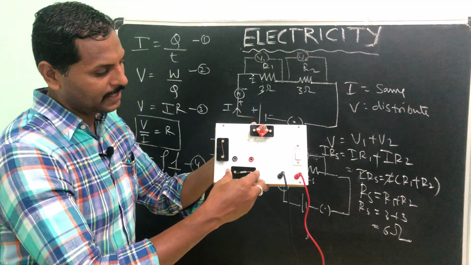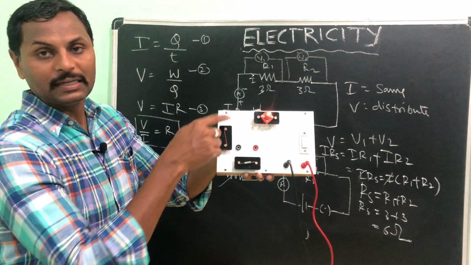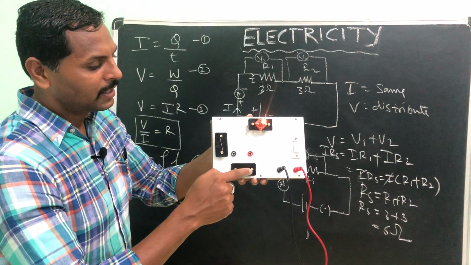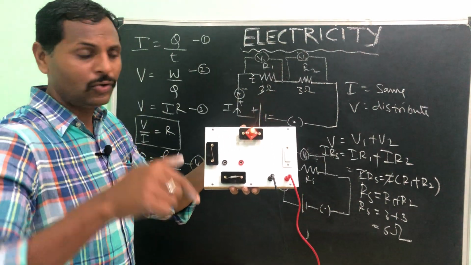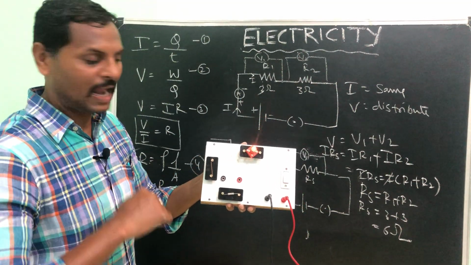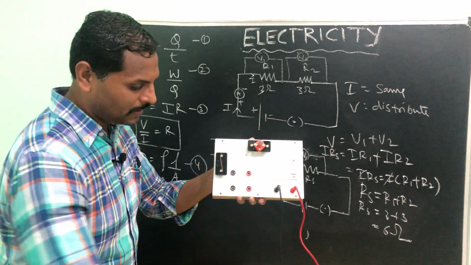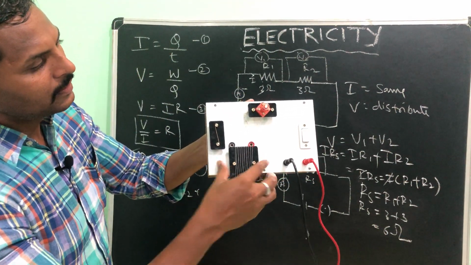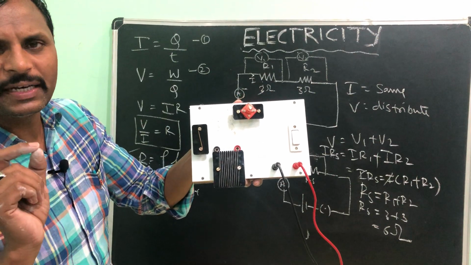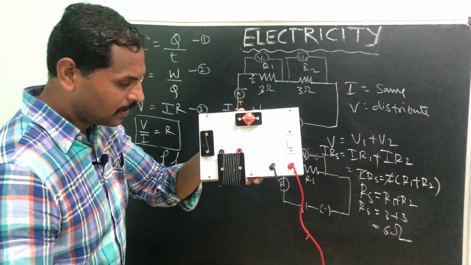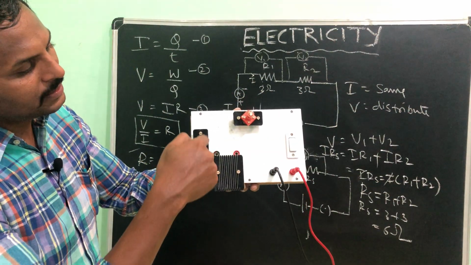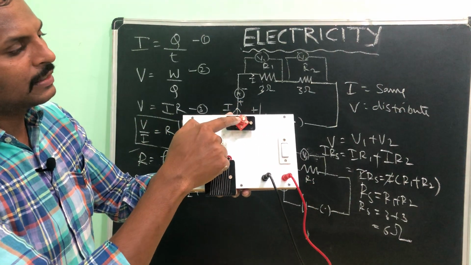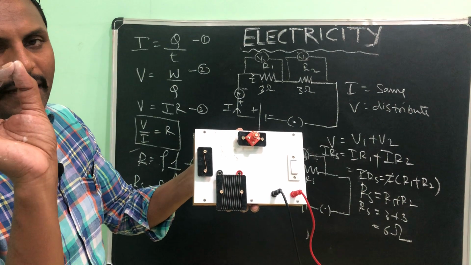So these are resistances that I am connecting in series. See here, these are resistances. This is also a resistance only. Just take this as a resistance only. In series I am connecting. I will show you what will happen if I connect in parallel. With this one only you can check it. So here the light is very less, and I have connected the resistances in series. The light is glowing very little.